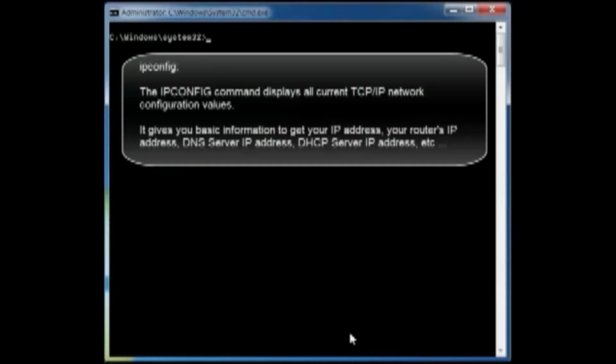So it will give you basic information such as your IP address for the computer that you're stationed on. It will give you the IP address of your router. It will tell you where your DNS servers are, where your DHCP servers are. So let's type in the basic ipconfig command